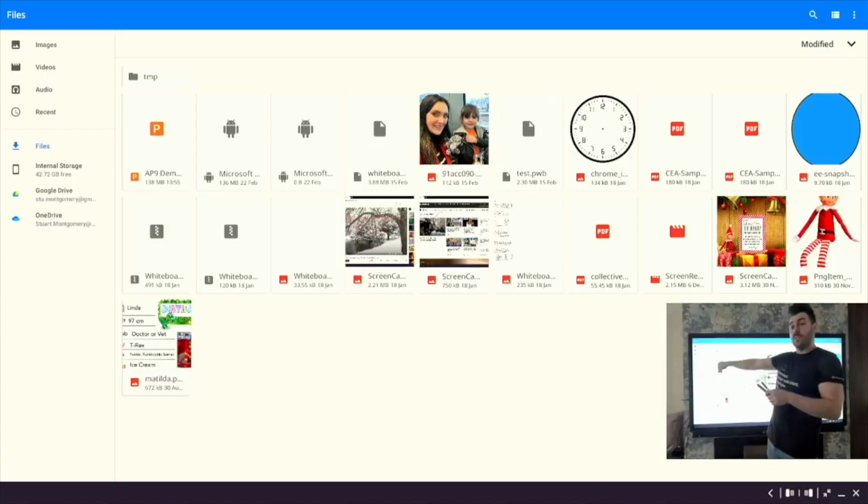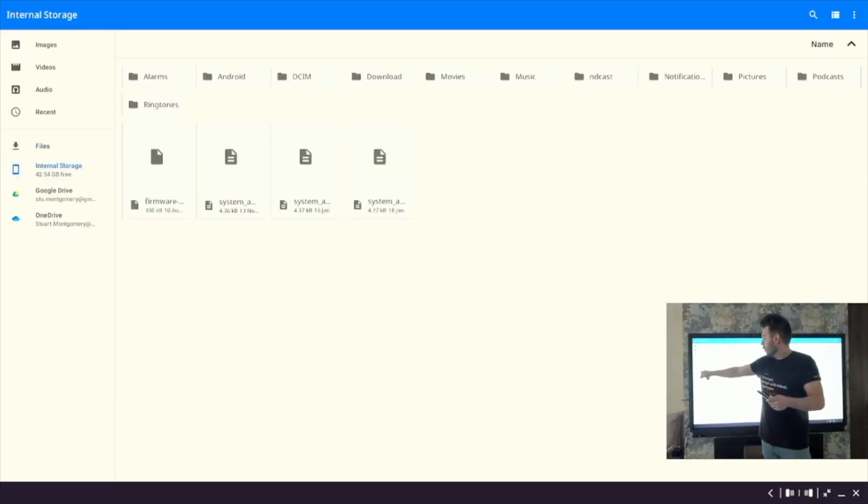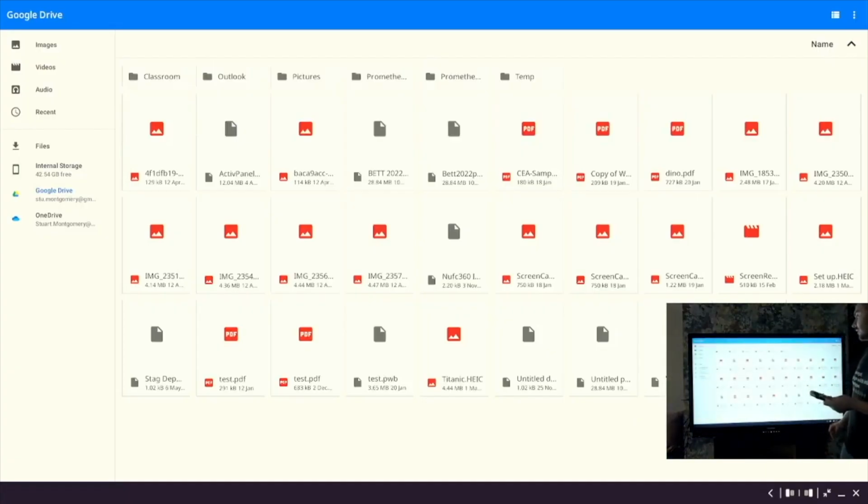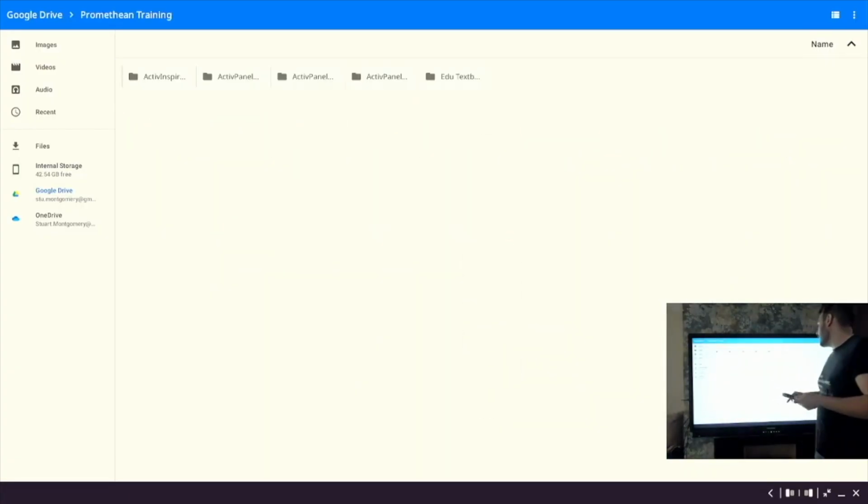I've got some PowerPoint in here as well. Now if I wanted to open up a specific thing on here, I could do that. So I could open up my files, some of my internal storage. I can also open up things directly from my Google Drive. Now what's interesting about this is if I had it